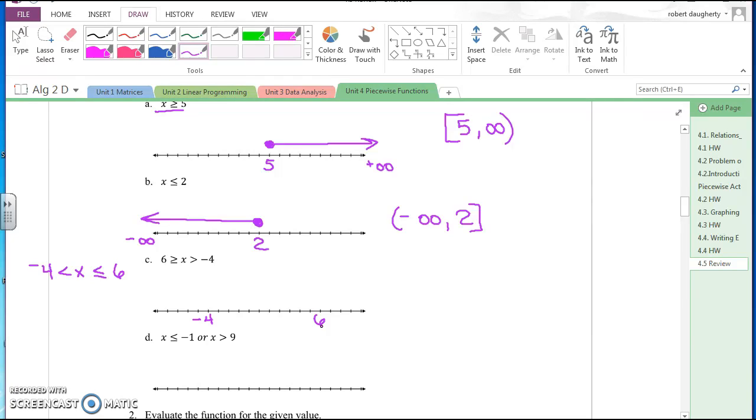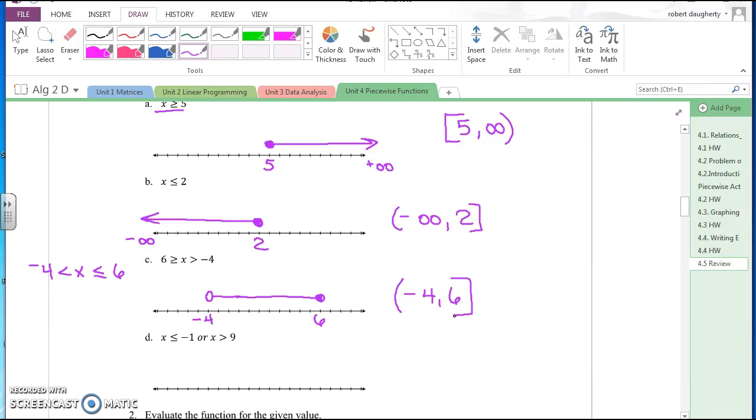I don't really care about the number of spaces in between. I'm not going for accuracy. I'm just looking for a visual here. So what about x greater than negative 4? That's an open circle on the negative 4, shade to the right. Less than or equal to 6, that's a closed circle on the 6, and shade to the left, okay? So that is one interval. That interval is negative 4 to 6 with a parentheses on the negative 4 and a square bracket around the